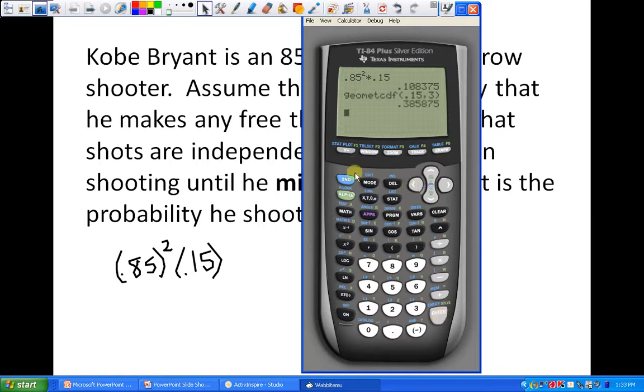I did CDF. So CDF I needed to be PDF. Want exactly 3, not 3 or less. That's why our answer wasn't right there. So 0.15, 3, and that's your answer. Okay. So